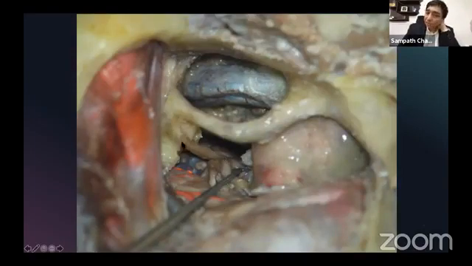This part of the facial nerve is exposed because this is the part of the facial nerve inside the cerebellopontine angle. So this is the fundus and this is the porus of the internal auditory canal. This is the CP angle compartment of the facial nerve. This anatomy again is similar to the anatomy that I showed you before. But now what you have achieved by this transotic approach is you have removed the entire posterior canal wall. So there is no shadow of the posterior canal wall into your areas posteriorly.